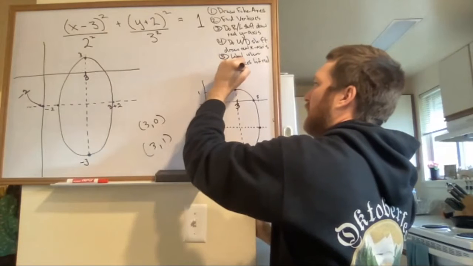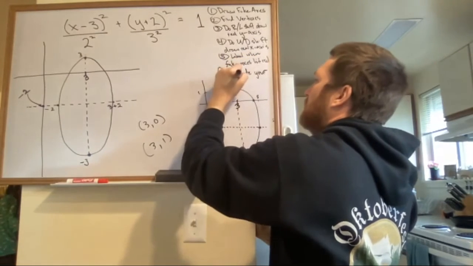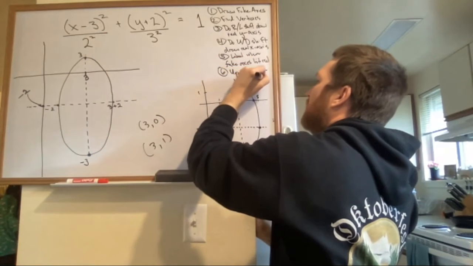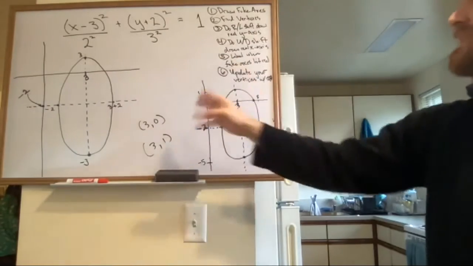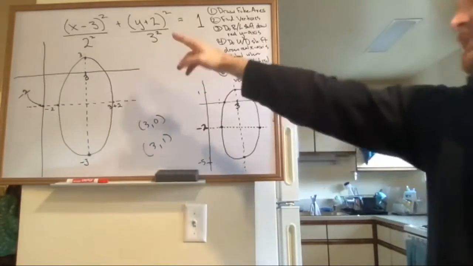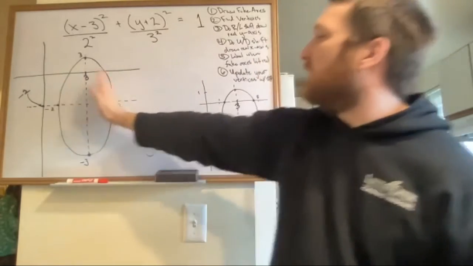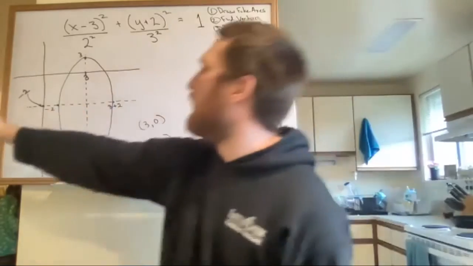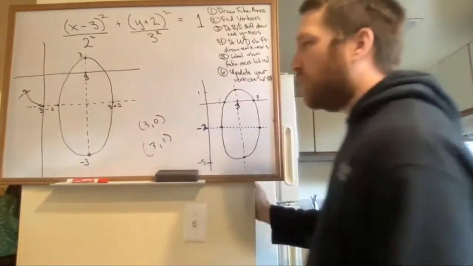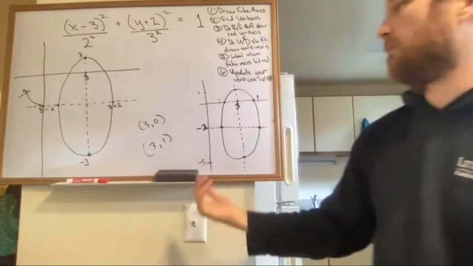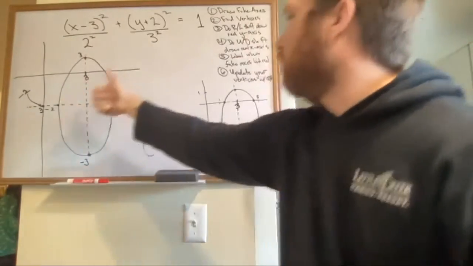Update your vertices with the shifts. Update the vertices that you originally labeled, your 4 vertices, with the new shifts. So we were at 2, but then we shifted +3. We were at -2, but then we shifted +3. And hey, look at that: 3 plus 2, 3 minus 2. It's as though we said, in the x direction, go to 3, then go +2,